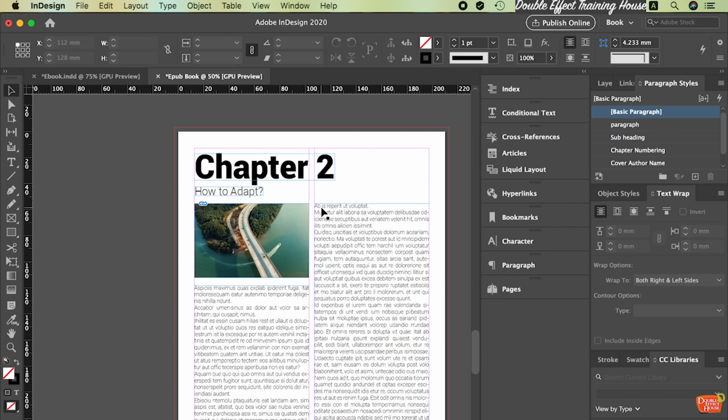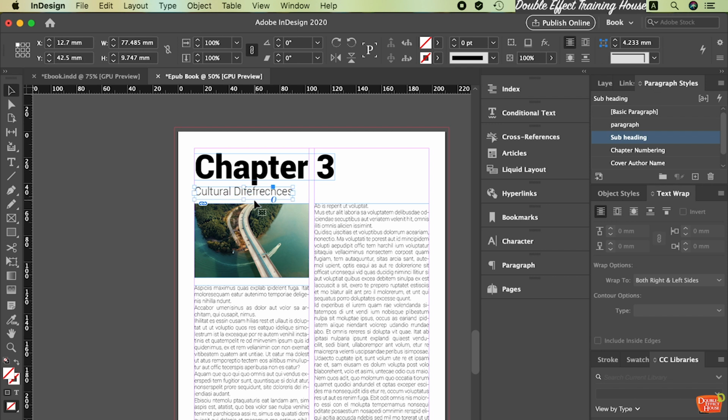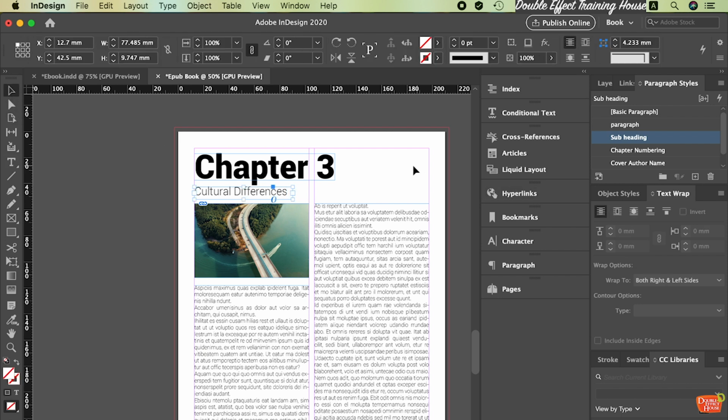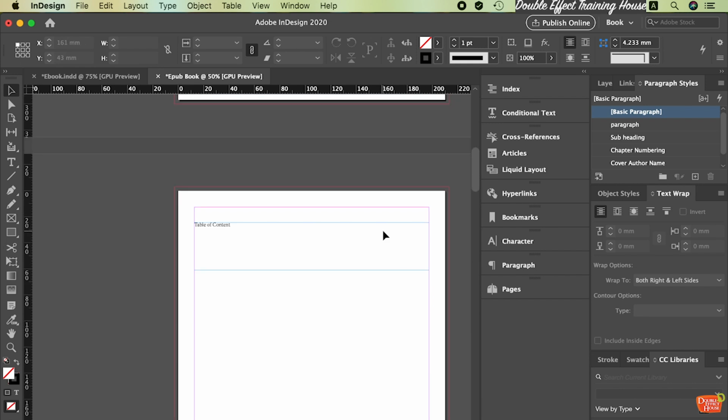Okay, so this is my paragraph. So this one, make sure you change to chapter 3. Subheading, I also change it to cultural differences. Okay. Different. Okay, now you're almost done with all your chapters because this is just a sample on how we're going to